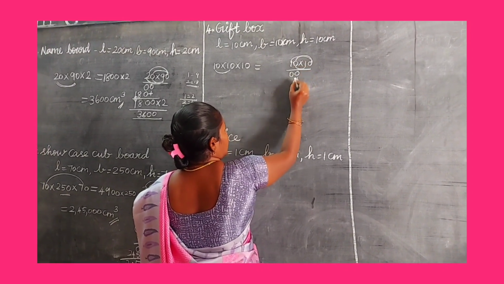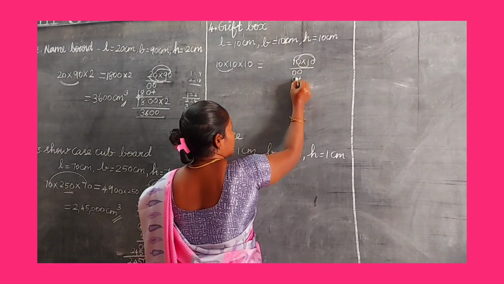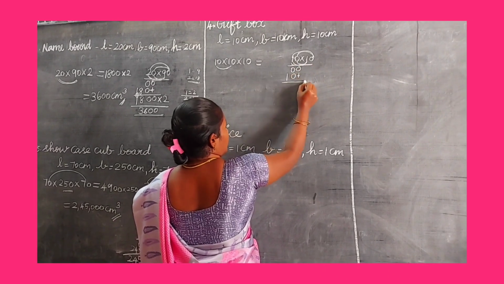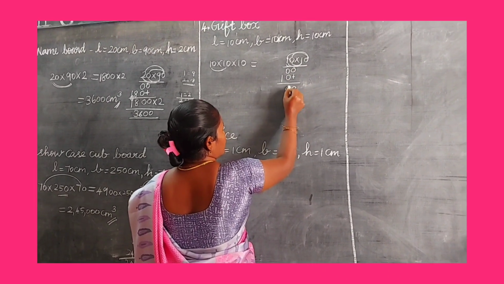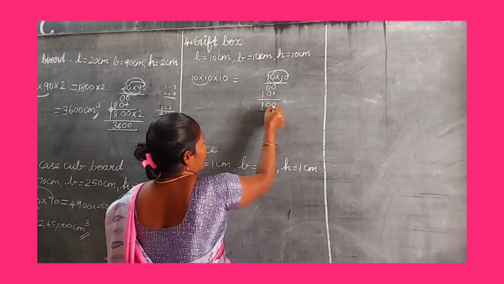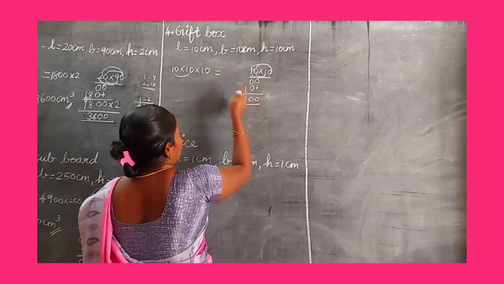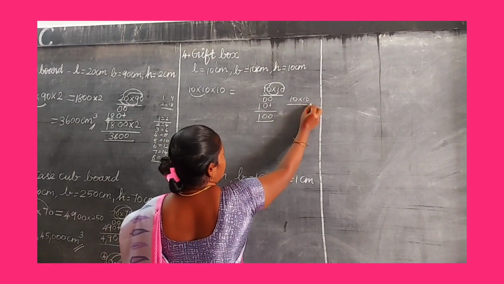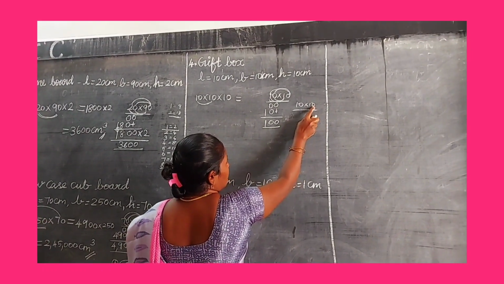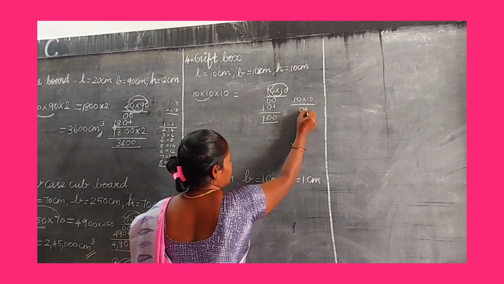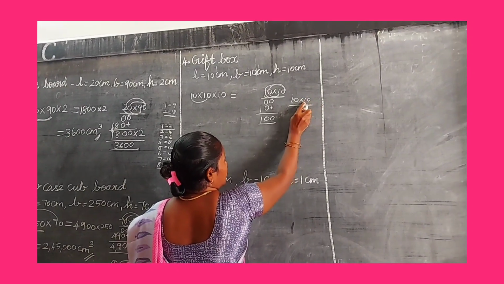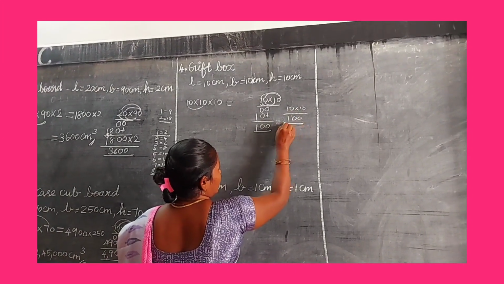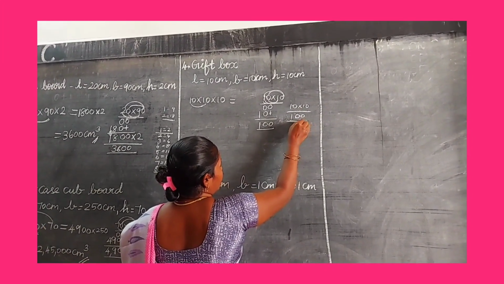1 into 0. 1 into 0 gets 0. 1 one is 1. Now add the value 0, 0, 1. So 100 is the answer. In an easy way, 10 into 10: how many zeros are there? 1, 2. So put 2 zeros. Next the number is 1 into 1. So 1 one is 1. So this way is the short way to find the value.